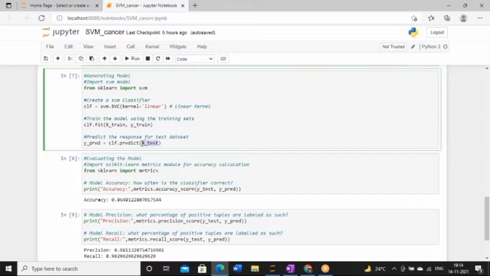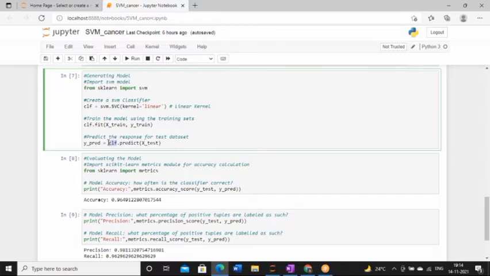So the class label part is predicted by the model, and then we will compare it with the existing outcome as a class label in our dataset. So here we are performing the prediction, and the ypred variable is holding the prediction. How to perform prediction? You just call the predict function with one parameter, X test, on this CLF variable, right? So these are the three steps we have to perform. You have to generate the model, you have to fit the model, and then you have to train the model. So this is the very basic step that we have already discussed.